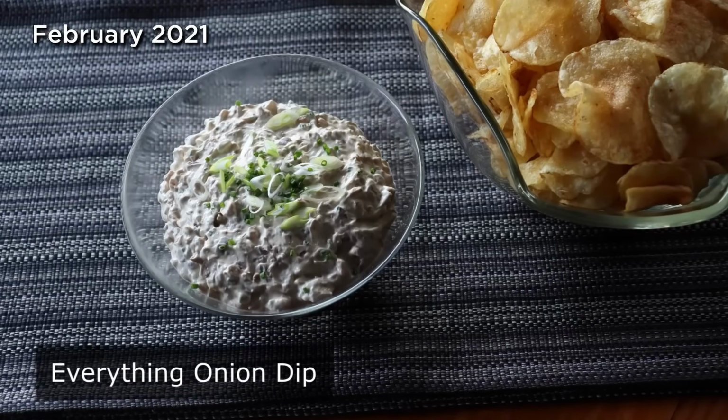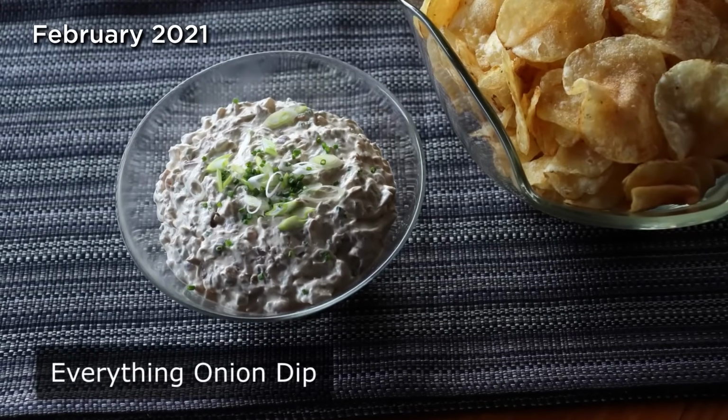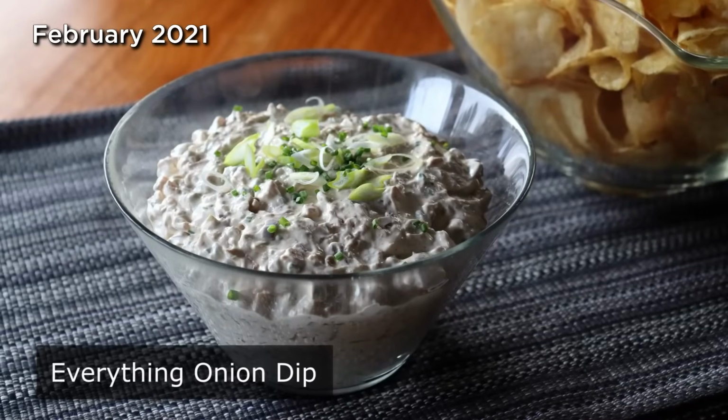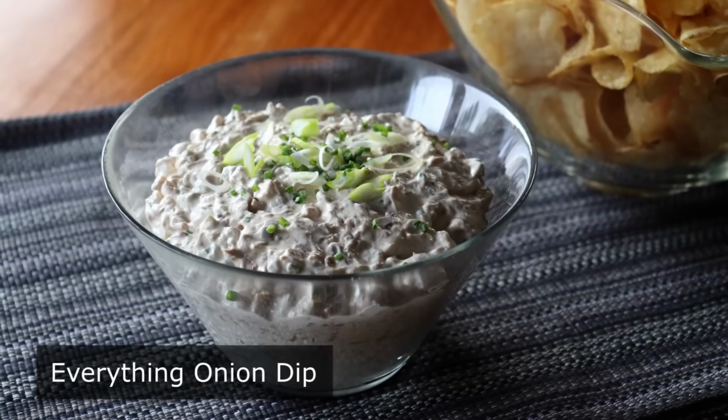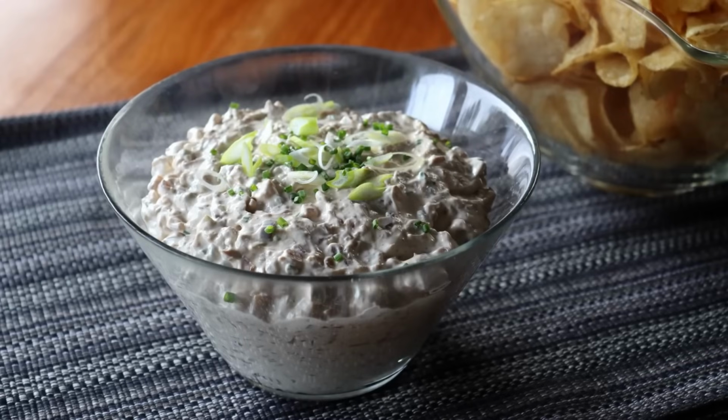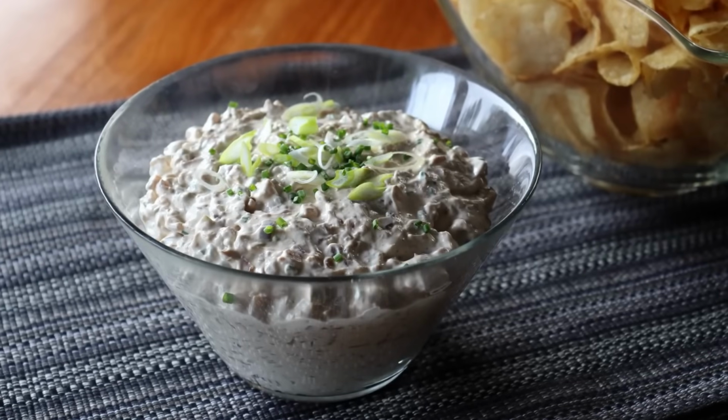Everything onion dip. That's right, we are not just calling this everything onion dip because we're using everything onion to make it with. We're also calling it that because it's everything you've ever wanted in an onion dip. And a few things you didn't even know you wanted. And now that I've covered everything, we can go ahead and get started with a little segment I like to